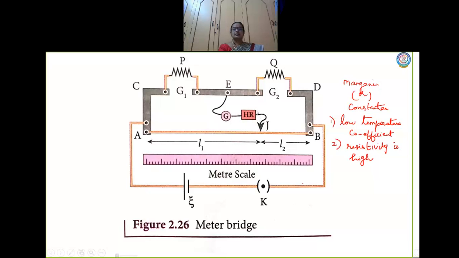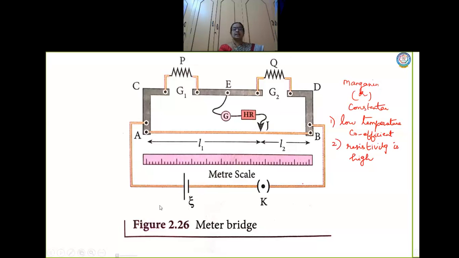Okay, so this high resistance will allow only the required current to the galvanometer, so that the coil is prevented from burning. Otherwise, because the coil is very sensitive, if heavy current flows, the coil is burnt out. So to avoid that, we connect a high resistance. Okay, and from A you connect the end A to the positive.